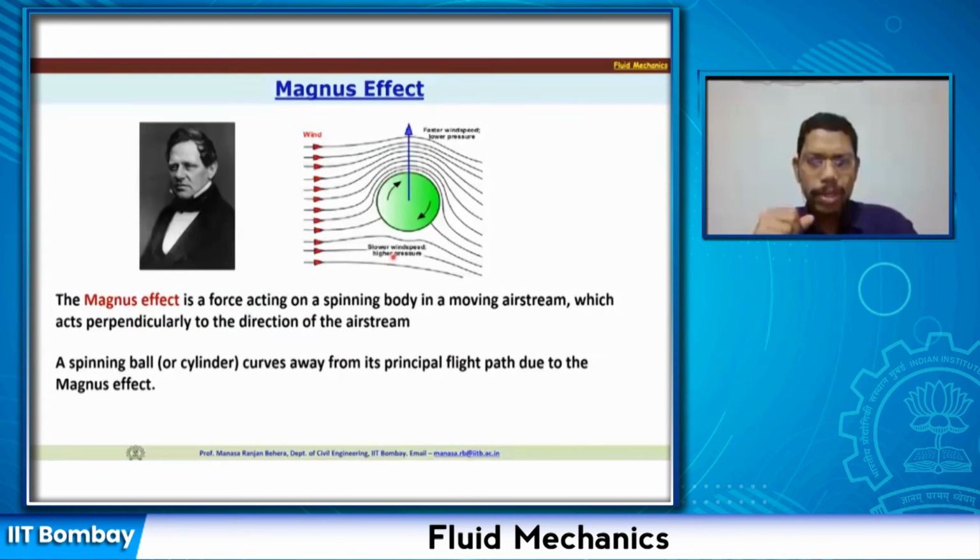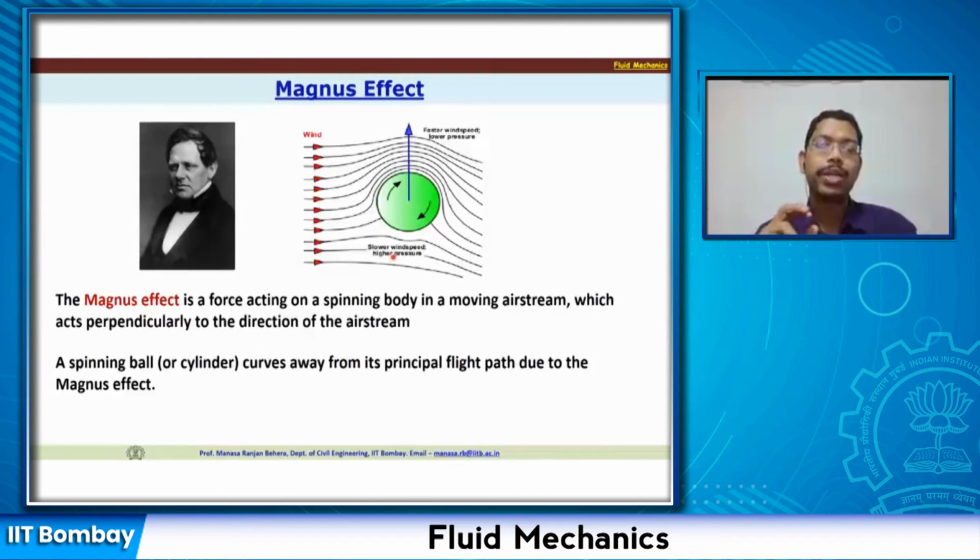Okay, that is what happens. You might have observed in cricket, when the spinning ball comes, depending on the spin, depending on the rotation or the circulation that is given, this lift force is going to be generated. How it will take the flight, whether it will go up or down, depends on the spin that has been given.